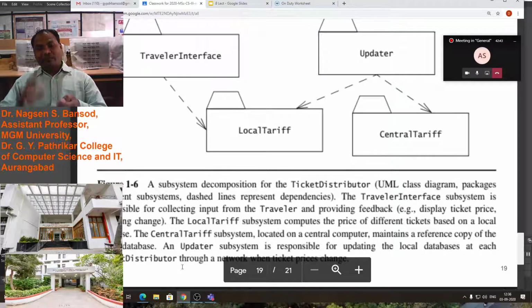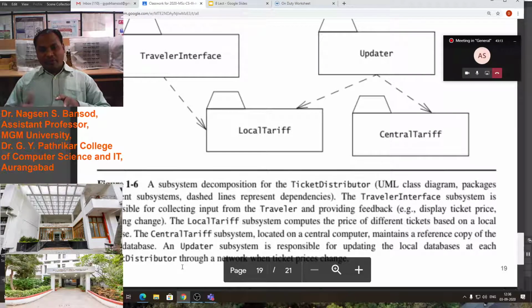At that time, the machine will select your account number from your ATM card, and that will be sent to the bank server. Now see, there are various users connected to that server. That network means the tariff.